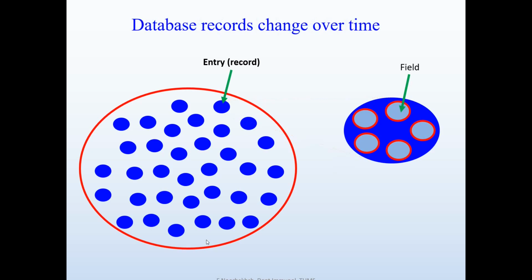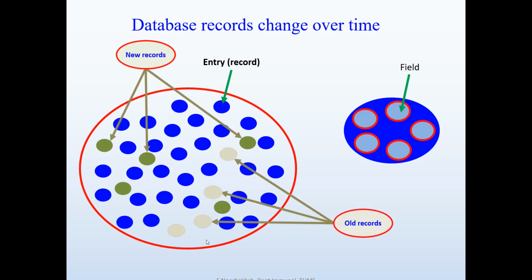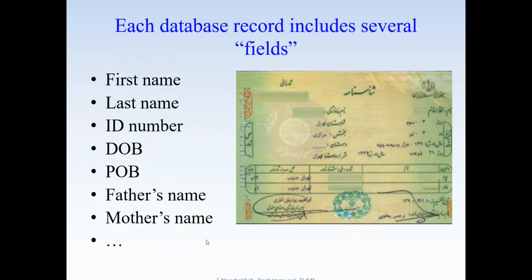By the way, records in the database are not static, so it's not like they remain the same all the time. Sometimes new records will be added when new information is provided, and some of the older records might be discontinued or removed from the database. So this should be kept in mind, because later we will see in the gene database and the rest of the databases that the default when we do the search are the current records, and the discontinued or replaced records are not shown. So with this information in mind, let's go back to this slide